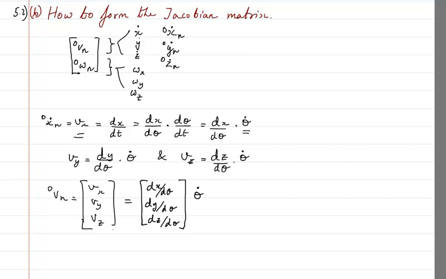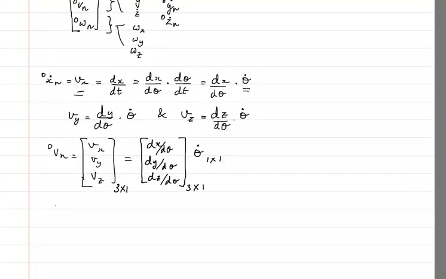Look here, we have not written the omega part, we have just written the linear part. So this is a 3 by 1 matrix, this is 1 by 1, so the answer should be 3 by 1, and that is what it is. Basically the Jacobian matrix we can write in a similar fashion, but if we are going to do this for each and every joint, it is going to be quite lengthy. So generally we can say that,